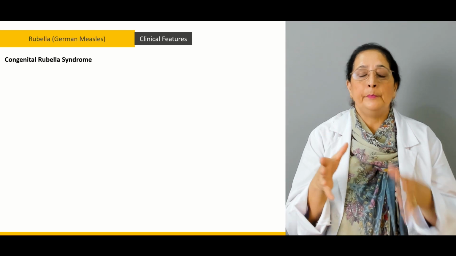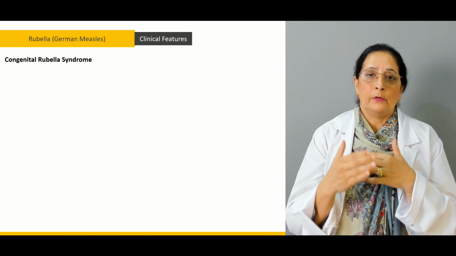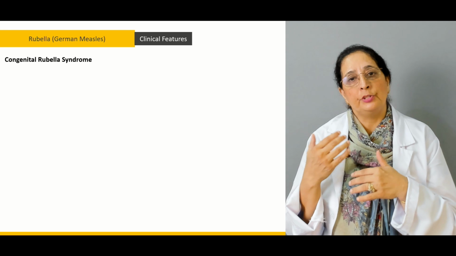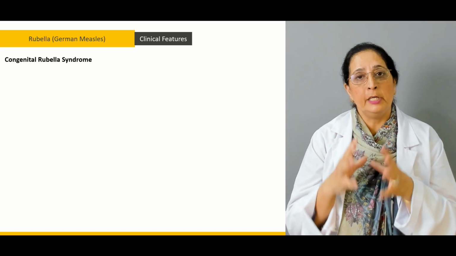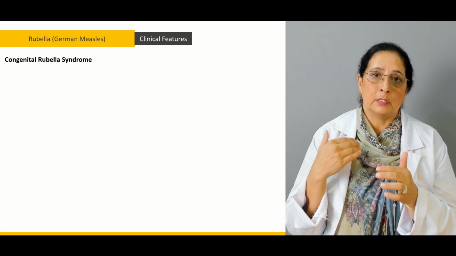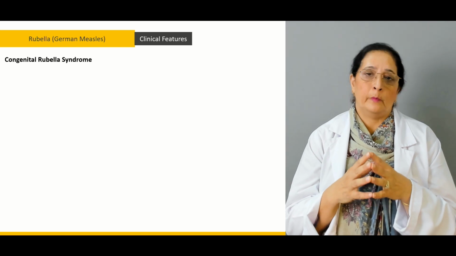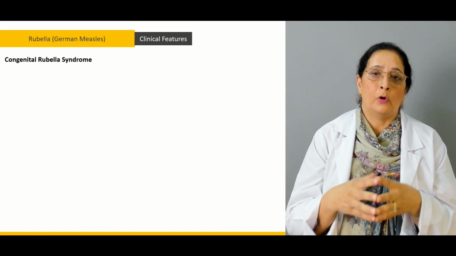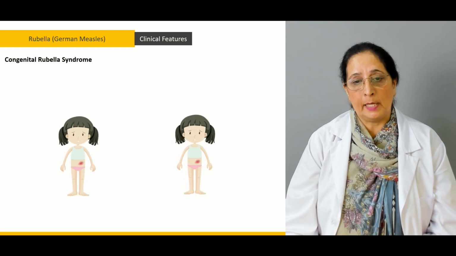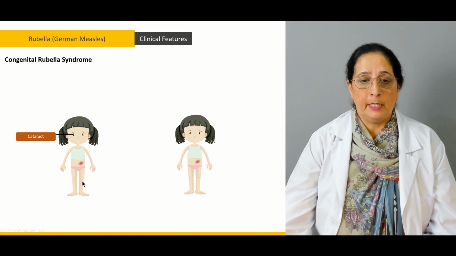If the mother acquires rubella during pregnancy, because of the severity of congenital rubella syndrome, it's usually recommended that termination of pregnancy be performed because of the seriousness of the syndrome affecting the newborn baby. So the characteristics of congenital rubella syndrome: it affects the eyes of the baby and it can